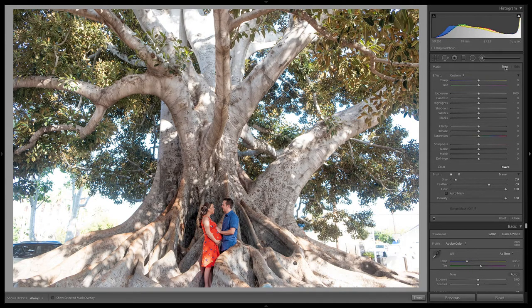Cool, so now I'm going to take a new brush. Let's go to our brush filter, click new, and I'm actually going to select everything in the background behind the tree. So I'm going to choose auto mask, press O so I have my mask overlay on so I can see what I'm doing. And I'm just going to select all of this, and what I'm really doing is I'm just going to completely overexpose it. Now some of this I don't need the mask overlay, the auto mask on.